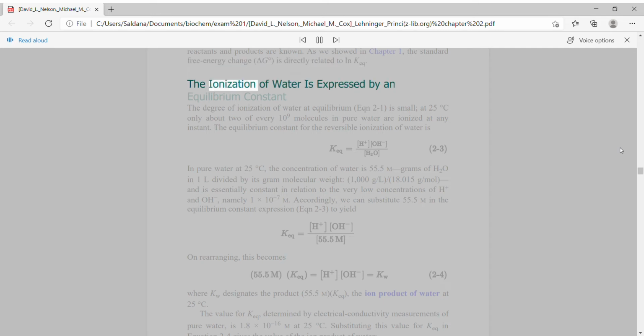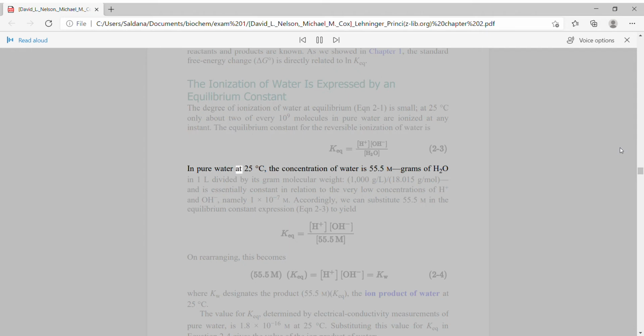The ionization of water is expressed by an equilibrium constant. The degree of ionization of water at equilibrium, Eq. 2-1, is small. At 25 degrees Celsius only about 2 of every 10^9 molecules in pure water are ionized at any instant. The equilibrium constant for the reversible ionization of water is: